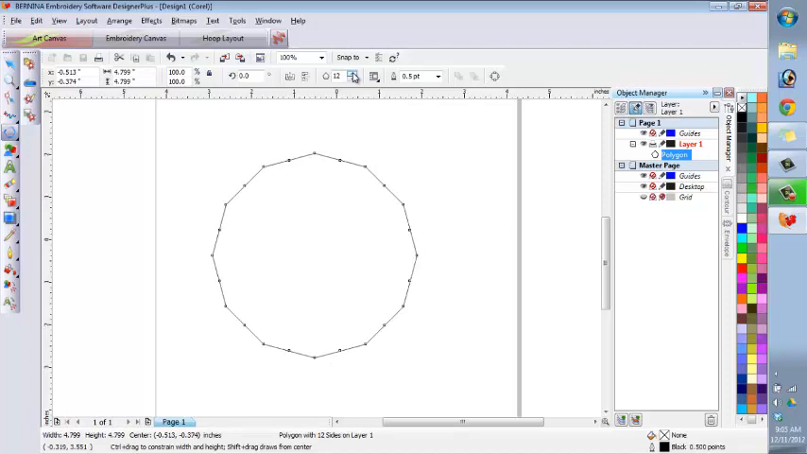We have 12 edges to our polygon. I haven't drawn anything. All I've done is click a few things. Okay, now here's where the polygon tool gets really cool. I'm going to mouse over here and hover over this tool, which is the reshape vector object. With the reshape vector object, we're going to actually reshape, like the name suggests, the